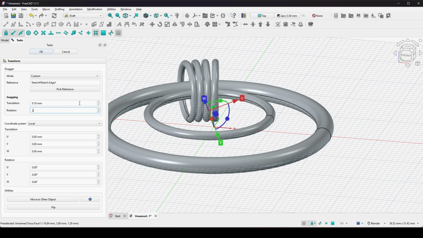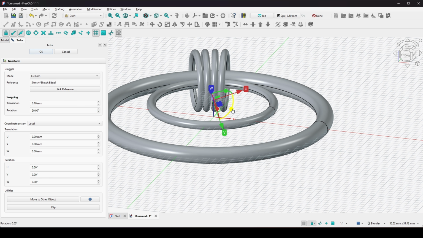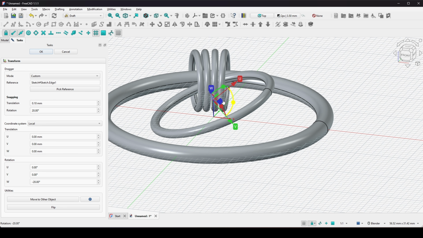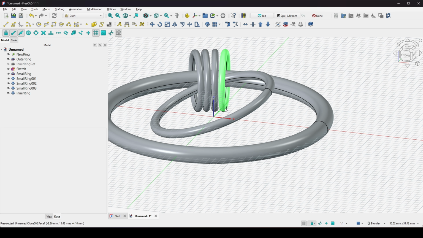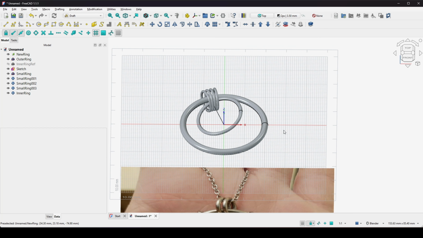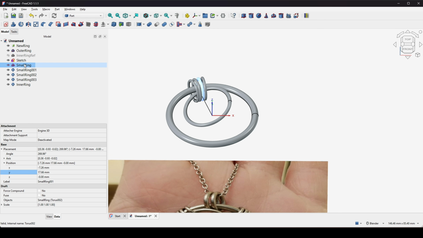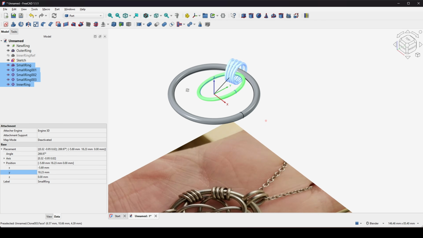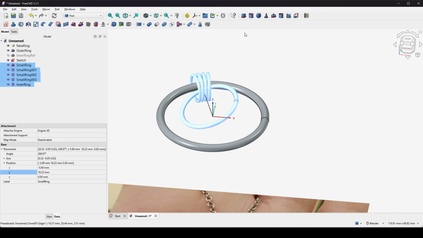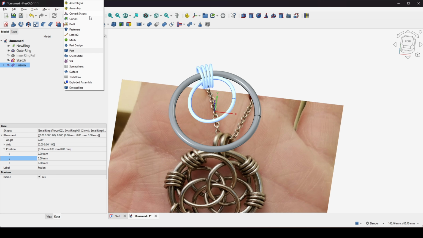So we set it to 20 degrees, and I grab the blue one and rotate it up like this. Click OK. Okay. Now I go back to the part workbench and I hit shift and select from the small ring to the inner ring, and I go to union. I click on the new fusion and I go to the draft workbench,